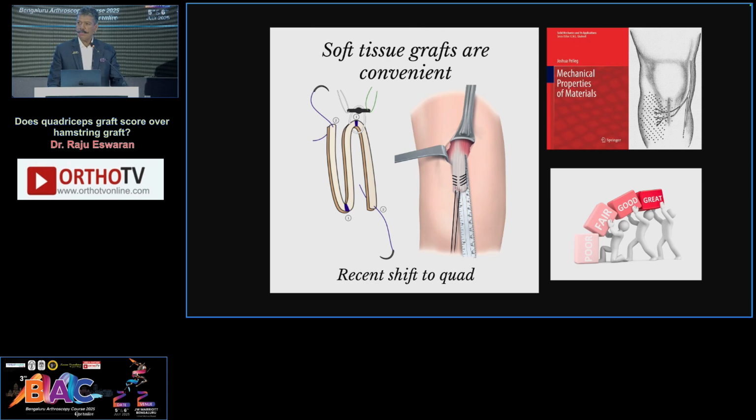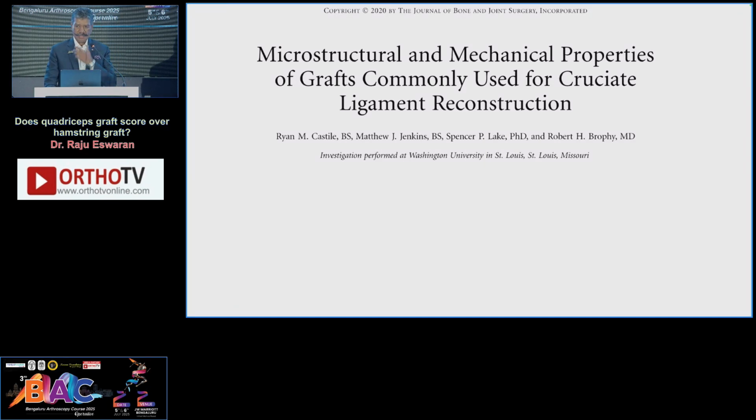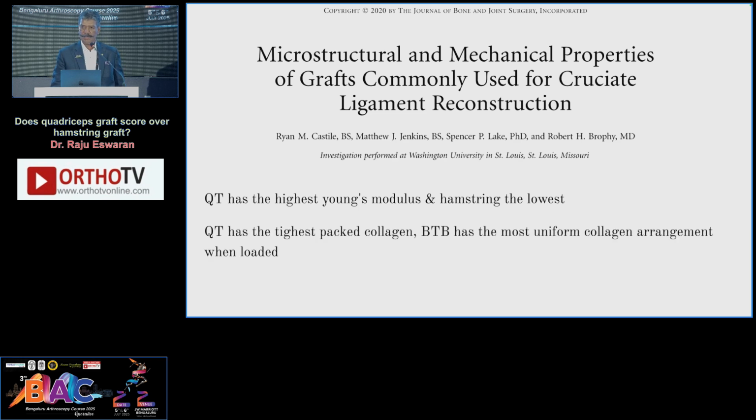So how does quadriceps compare to hamstrings? If we look at the basics, the mechanical properties of grafts commonly used for cruciate ligament reconstruction, Young's modulus, change in length over unit length, is the highest for quadriceps, and it is the lowest for hamstring. The collagen quality is also a little bit different. Quadriceps has the tightest collagen bundles, whereas the most uniform arrangement of collagen bundles is actually with the BTB graft